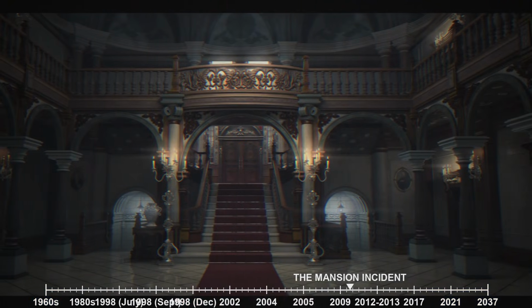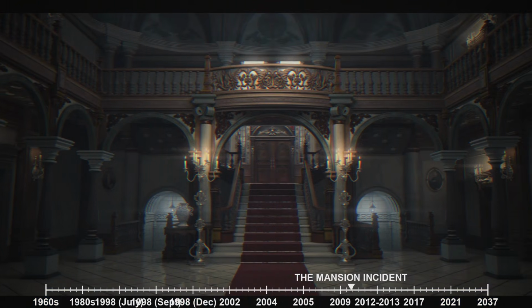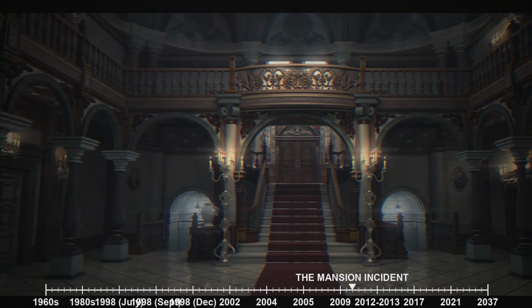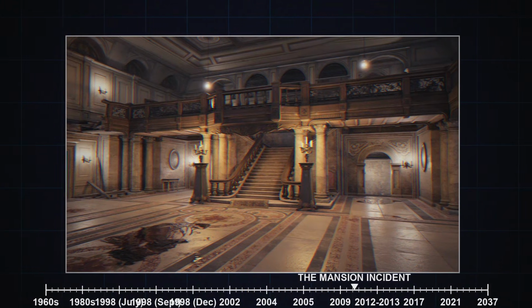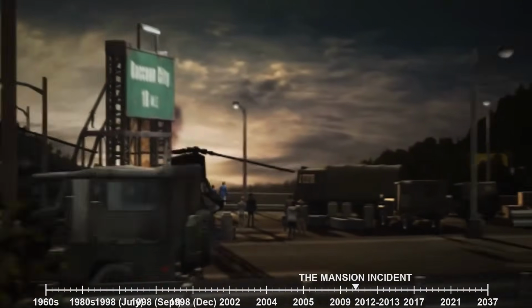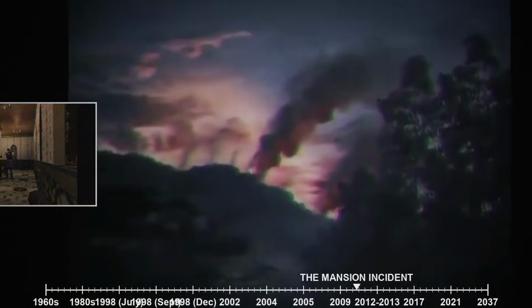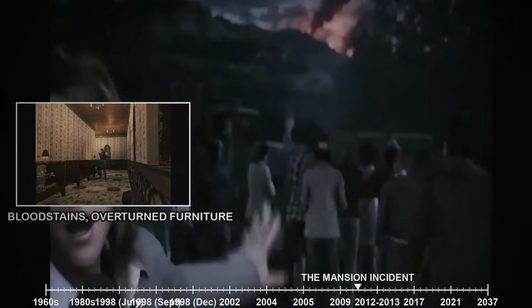The mansion was decorated with expensive artwork, ornate furniture, and elaborate architectural details. It appeared to be the estate of someone with considerable wealth and refined tastes. But the silence was oppressive, and there were signs that something terrible had happened here. Bloodstains marked the floors, furniture was overturned, and there was a smell in the air, the unmistakable scent of death